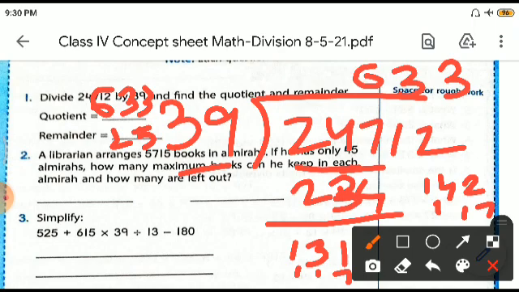Now due to the space problem in the screen, I have written slightly haphazard. You please follow my instructions and write it in a synchronized way in your copies. Okay, now we move to the next one.